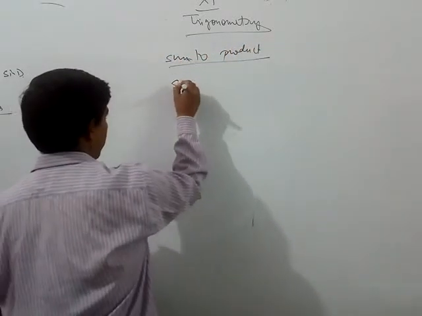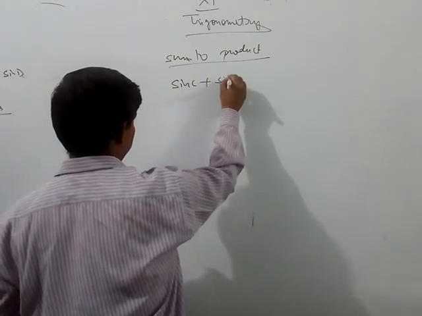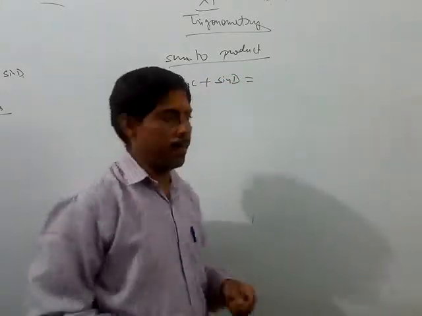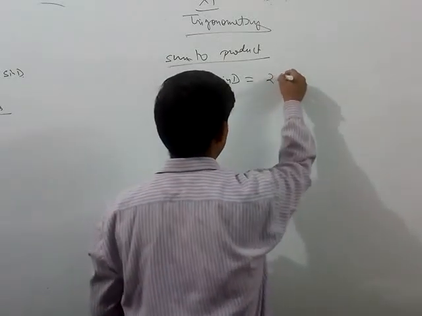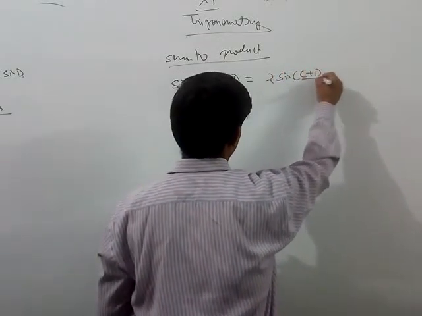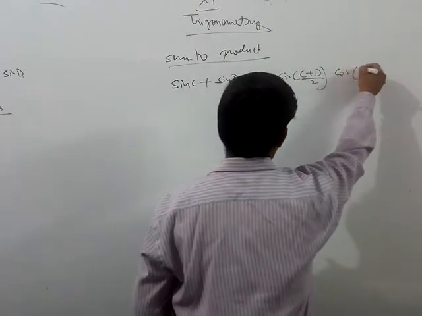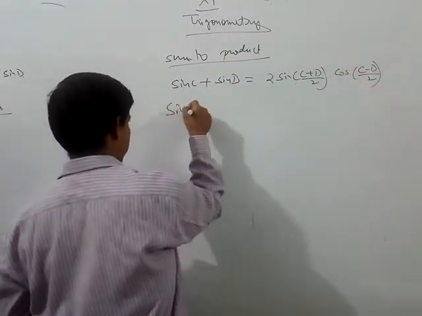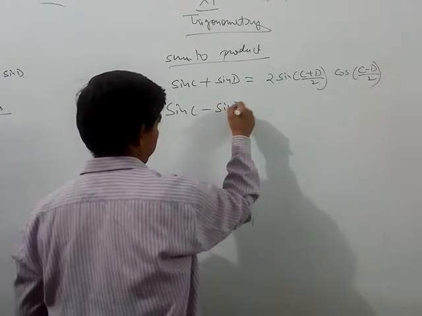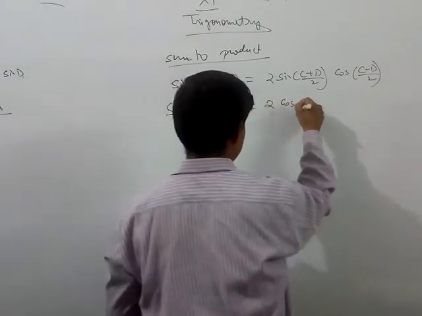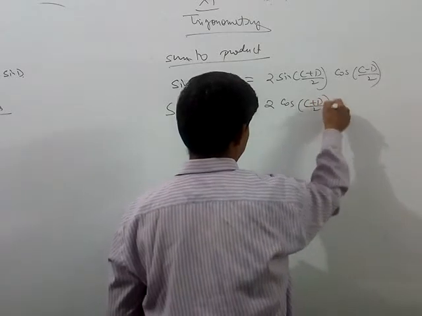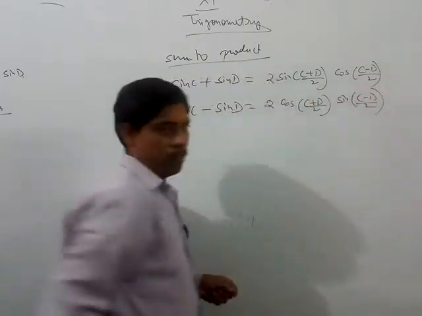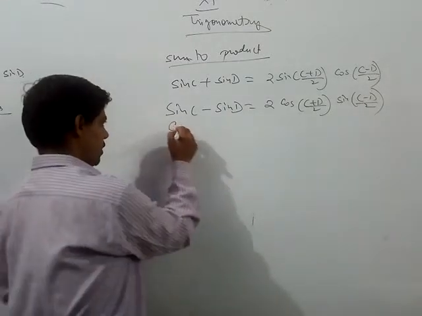So, first of all, the identity is sin C plus sin D. This is a very important identity. You have to learn it. This is 2 sin (C plus D)/2 cos (C minus D)/2. Then we have sin C minus sin D, which is 2 cos (C plus D)/2 sin (C minus D)/2. Then we have cos C plus cos D,